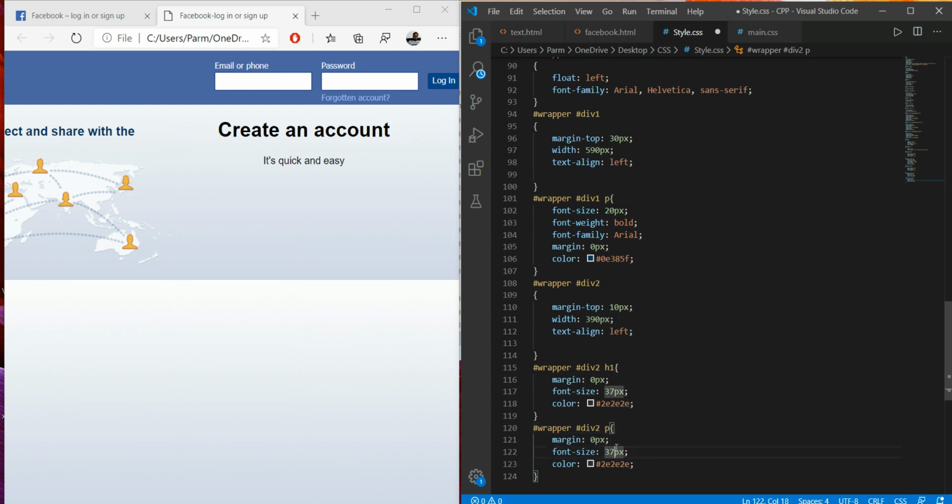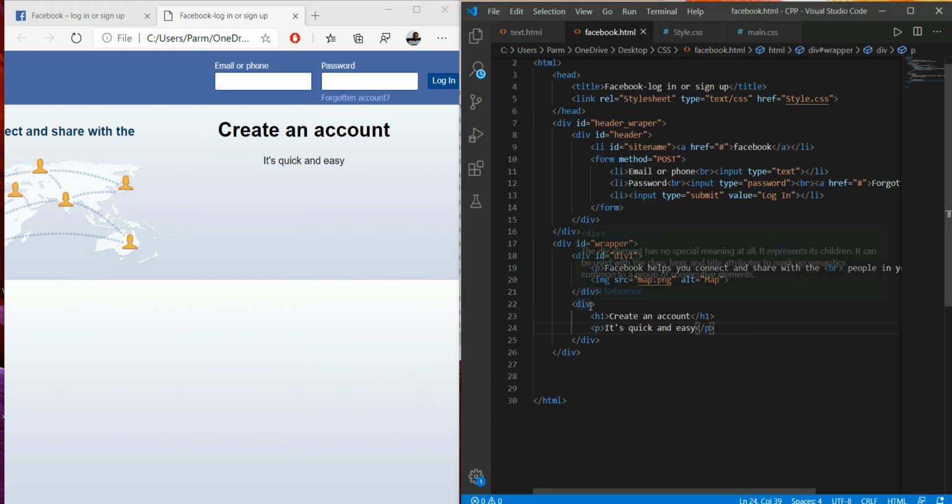And here again we have to set margin, and it's having half the size of that, so 18 pixel and color is the same. Save it here and go refresh it. So now nothing is going to be changed, so we have to apply this section.